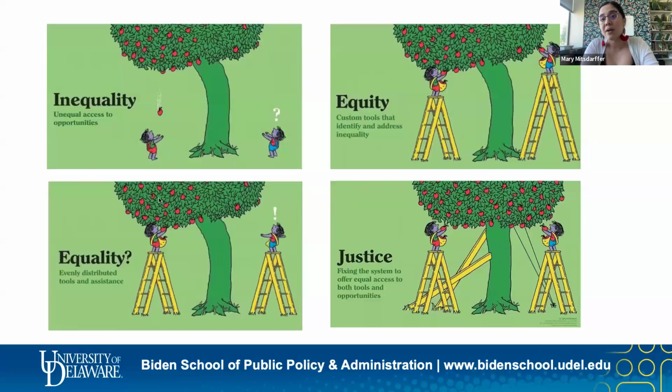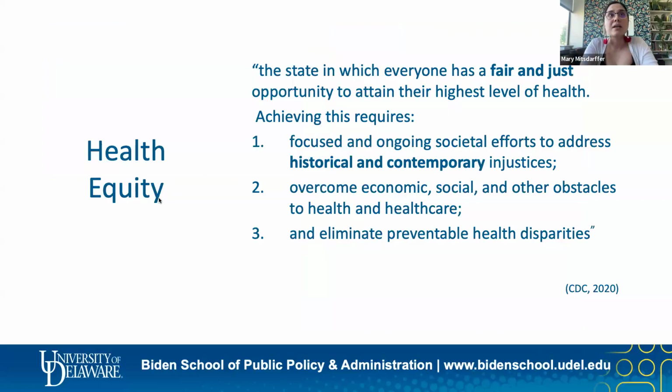And so when we talk about health equity, what we're talking about is a fair and just system that allows people the opportunity to attain their highest level of health, meaning a system that meets people's needs where they're at and not where we assume they're at, or not where we're just distributing resources so that everyone gets 2 of something, right? Because everyone might not need 2 of something.